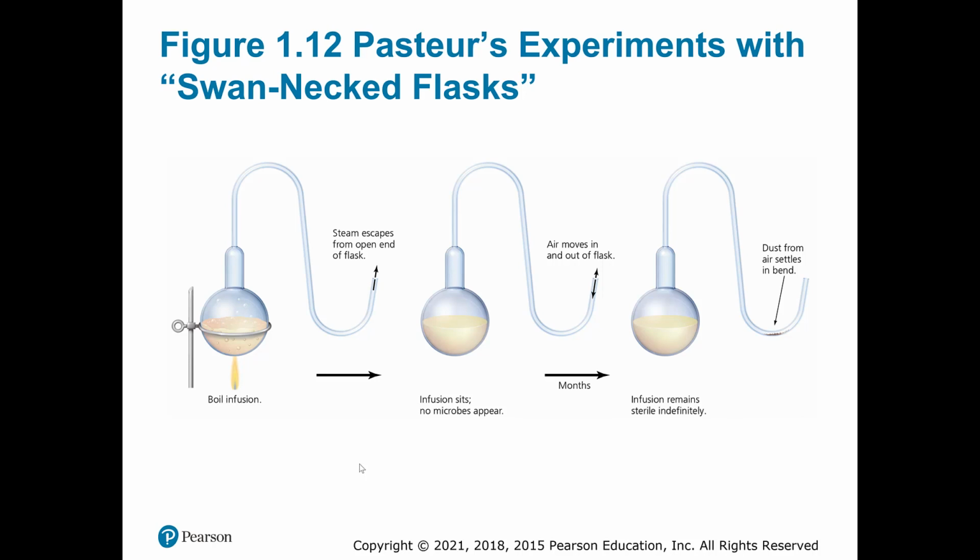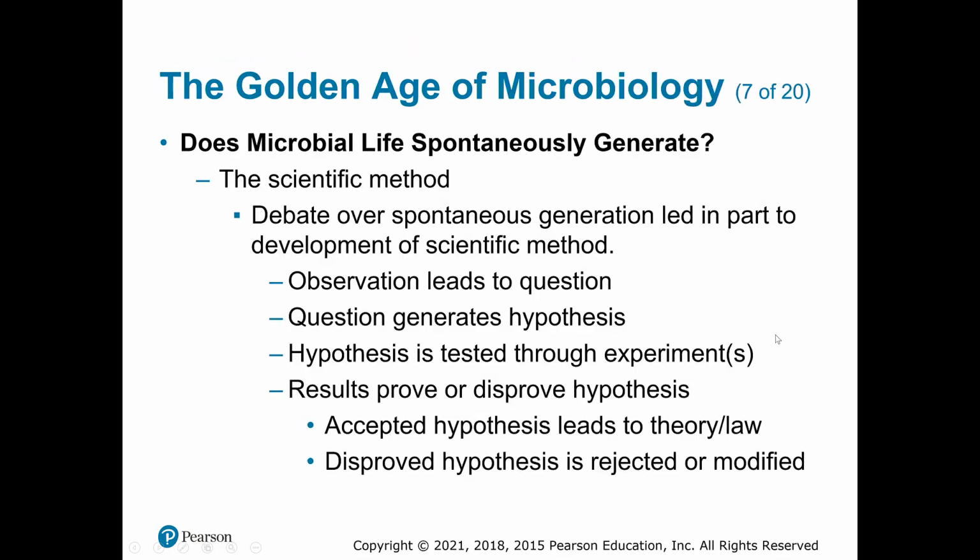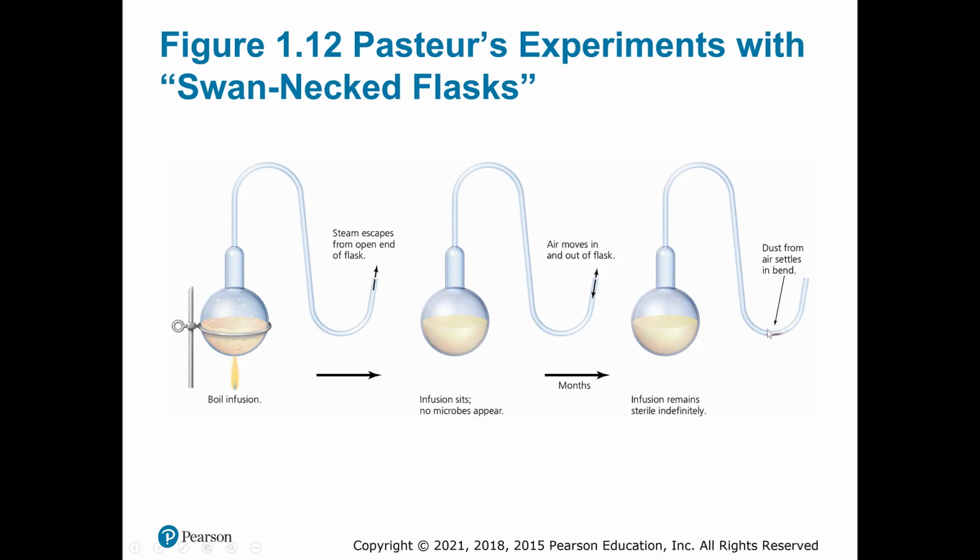So he developed these flasks that allowed him to hold a broth that would have nutrients for microbial cells in the broth and expose that broth to the air, but not expose that broth to any particulates or contaminants that might be in the air, like dust and things like that. Anything that would be found in the air would actually settle here, in this neck of the flask. So what he did was he boiled this broth to sterilize it and let it sit indefinitely, exposed to the air. And after months,